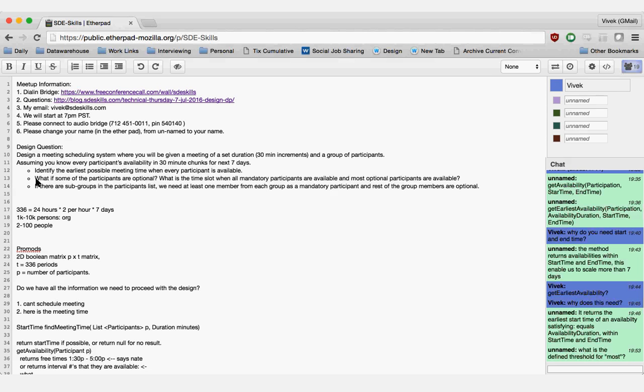So I mean, let me clarify. Suppose you gave an example, right, Vivek, where you said that in one case you are available, in the other case, say, Geek is available. In each slot, one of you is available.